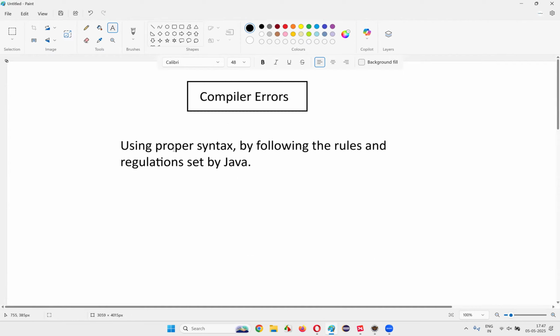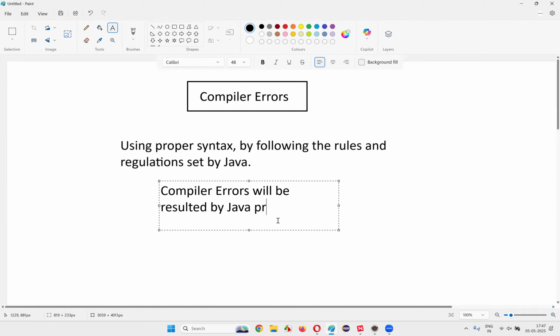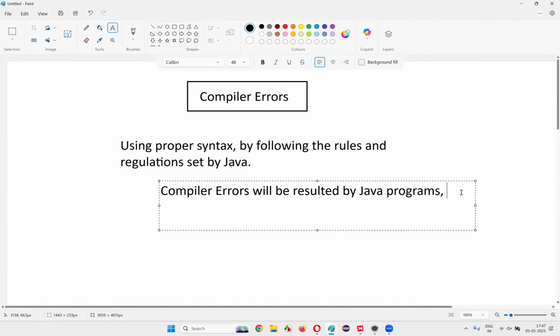And if you write the Java code with some wrong syntax, which doesn't follow the rules and regulations of Java, that will result in some kind of errors known as compiler errors. Compiler errors will be resulted by Java programs